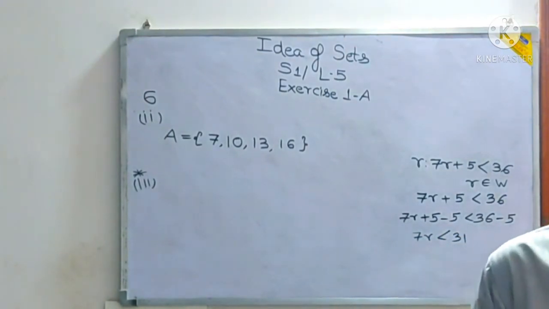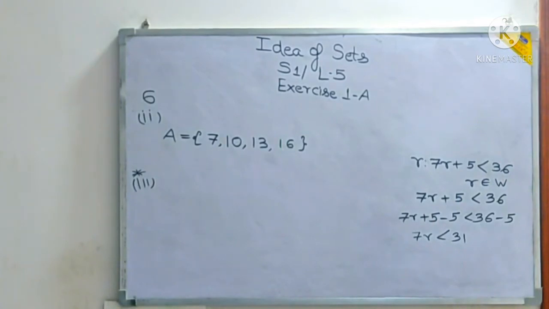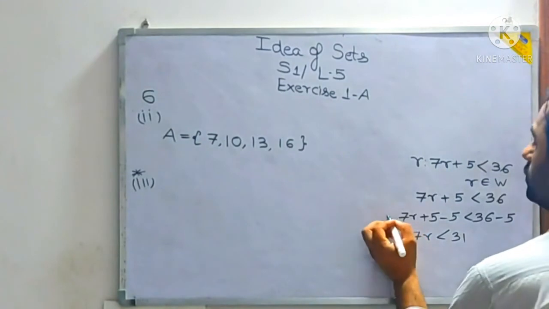Yes or no? Then one more rule of inequality that you are knowing is what? That if we are dividing by the same number on both the sides, then also the inequality remains unchanged. Got it? So what we can do for this part, we have to divide by some number, and a favorable number will be 7 only, because our whole effort was to make this r, or we can get the things in terms of r only or any variable only. All the numbers are there, basically we are removing those numbers so that we get in terms of r only here.